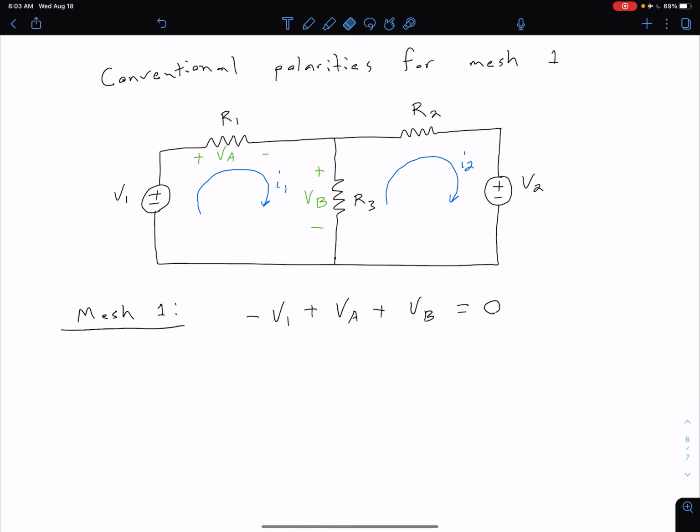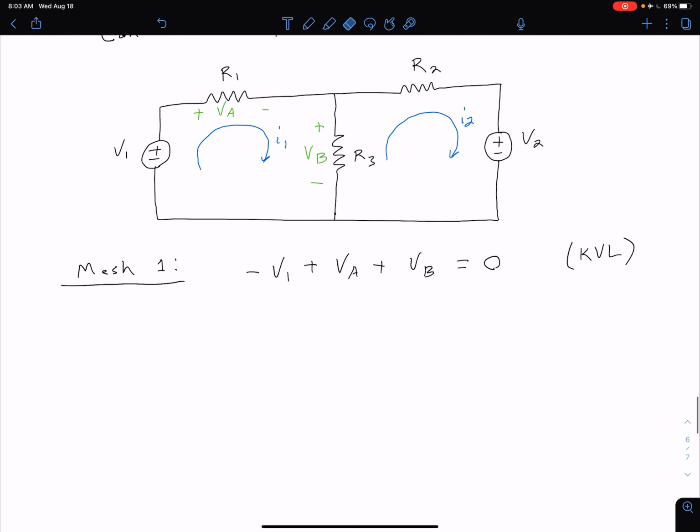So this would be our first step where we are applying KVL, or rather the first part of that second step where we're actually applying KVL. Now, the next step is we want to use Ohm's law to relate these voltages VA and VB to our mesh currents. And so what I'm going to do is move this V1 over to the other side so that I can say V1 is equal to,